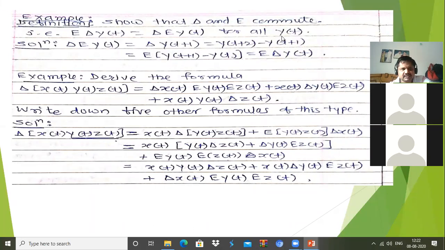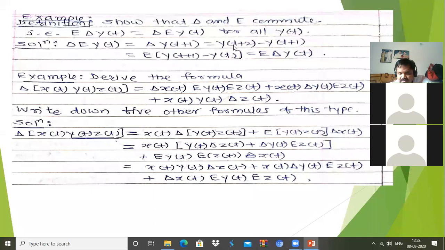Now we'll prove it. Delta of E of yt. That means you are finding the difference of the shift of yt, which is equal to delta of Eyt. Eyt is what? y of t plus 1. Now you are taking delta of y of t plus 1. It becomes y of t plus 2 minus y of t plus 1, which is equal to